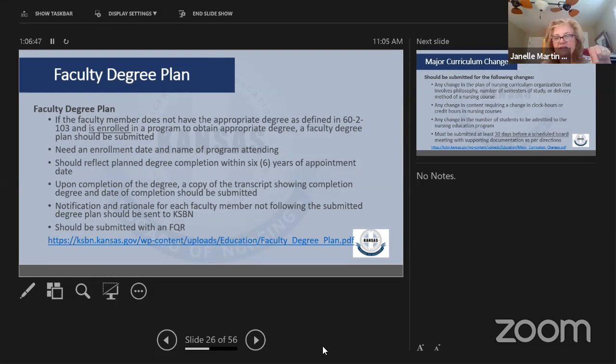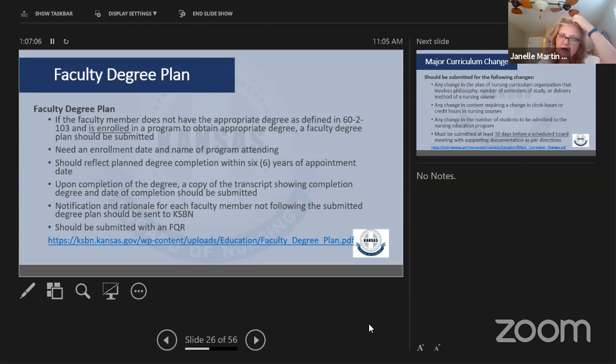The other piece of that is if they get into a program and they decide to sit out a semester or even sit out a year, you need to be aware of that, because then they need to go to a hire exception rather than a degree plan if they're not actively involved in that education.